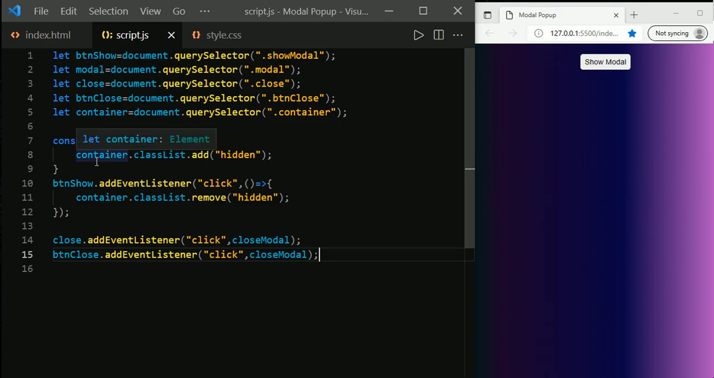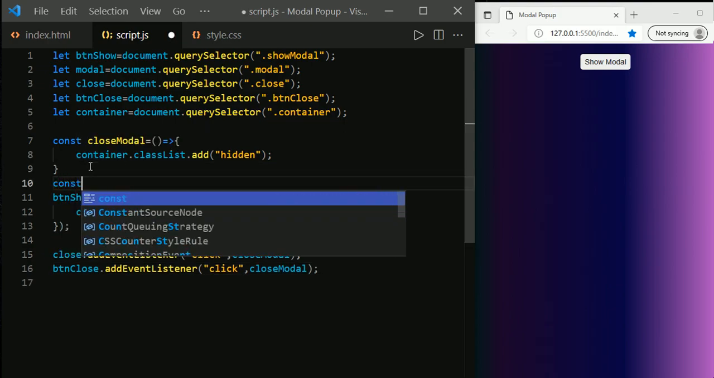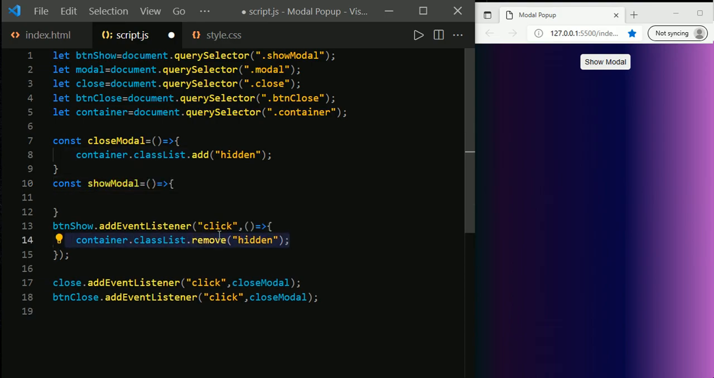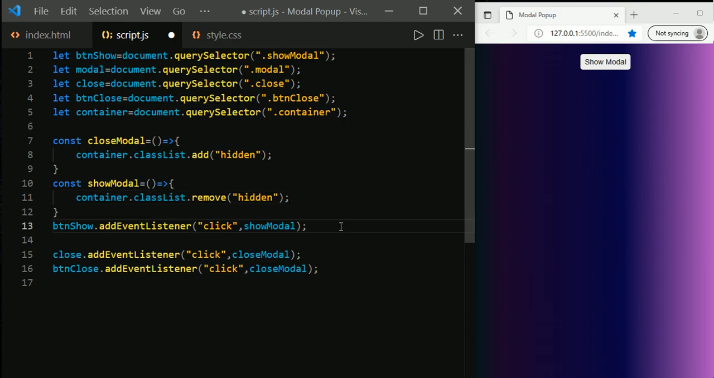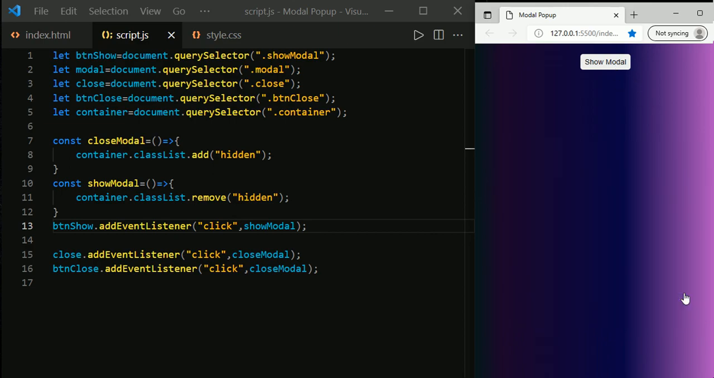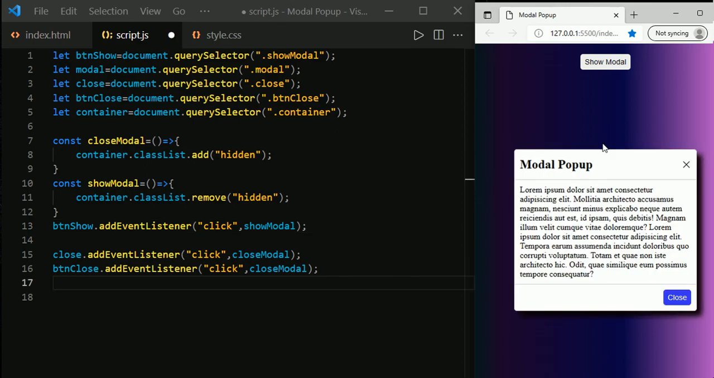And the same way, just add another function to show the modal, show modal, and take this code and add it here, save it, and just click on show modal, and we have the modal pop-up, and then close this and close this. It is working. So we are almost done, but a few things left, like whenever we are showing the modal